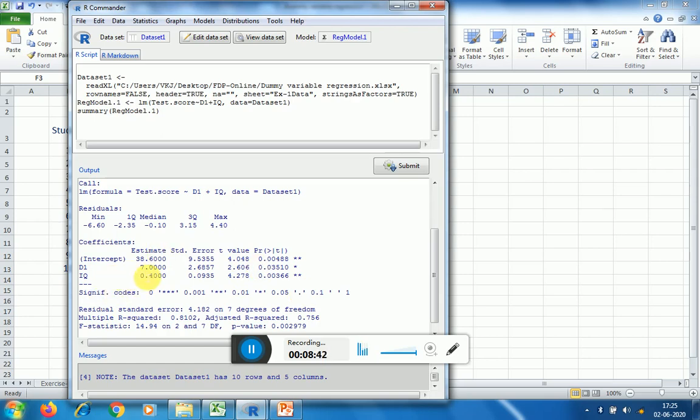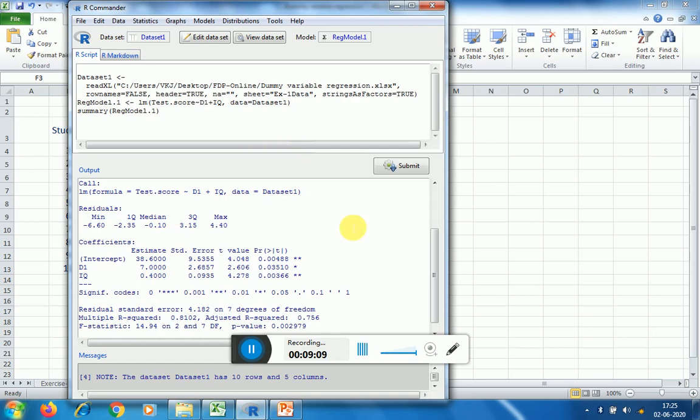So here we can see these are the coefficients, the intercept coefficient, and these are the other coefficients. So this is how we can establish the relationship between the test scores and gender and IQ. Gender plays a significant role and IQ also plays a significant role when test scores are considered.